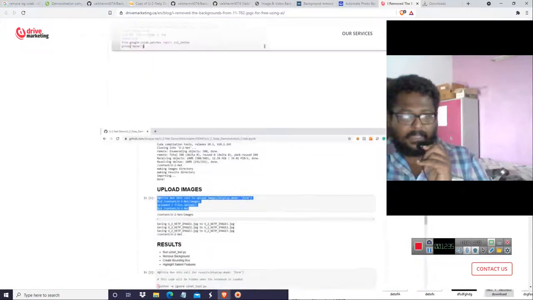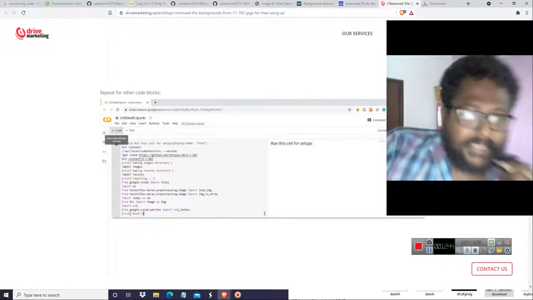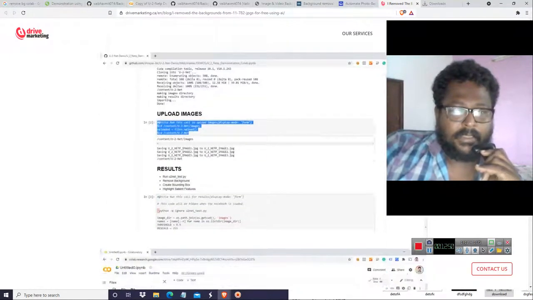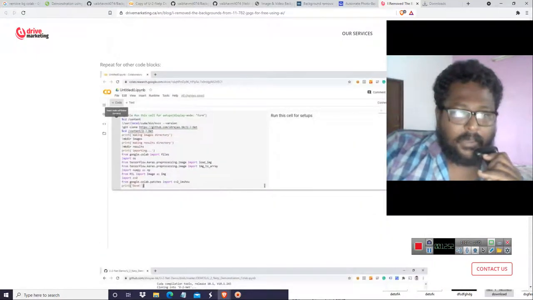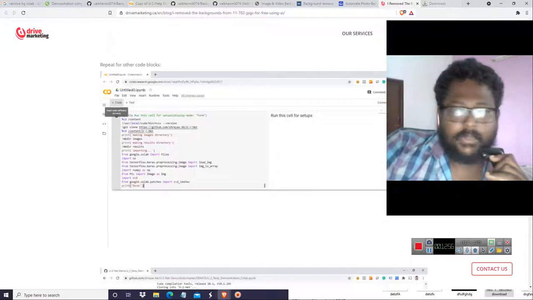Okay, so this is the git clone, GitHub shreyasbk u2net. Okay, u2net, and we can go on GitHub, shreyasbk u2net.